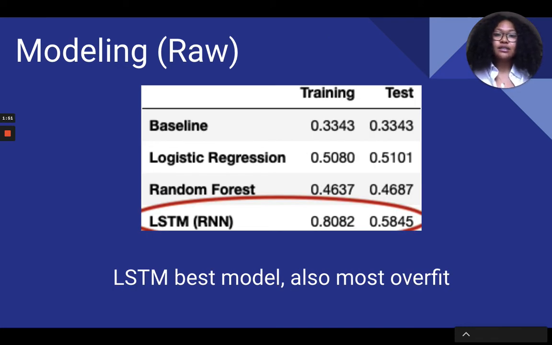So I decided to not undersample and just feed my entire raw data set into some of these models. And additionally, I decided to use an ARIMA and a recurrent neural network running an LSTM model to better capture the sequential nature of my text. This round, the overfitting was not as much of an issue, except for in the case of the LSTM model, even though it is the best performing.